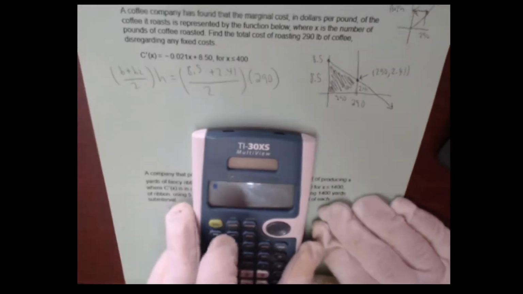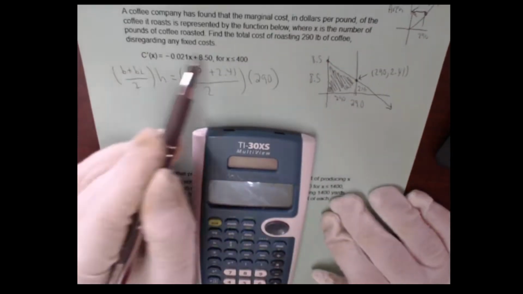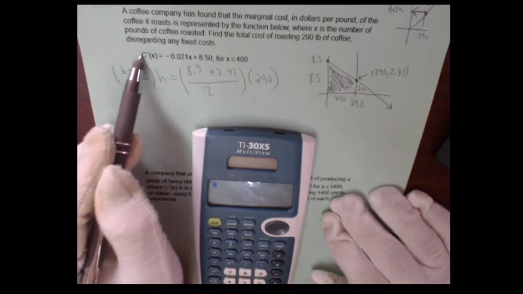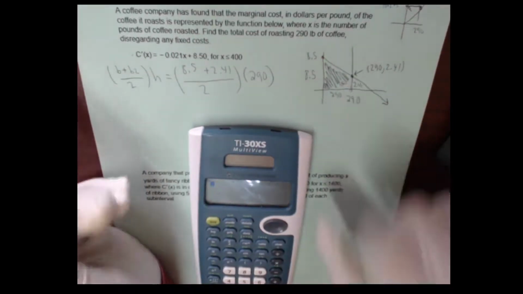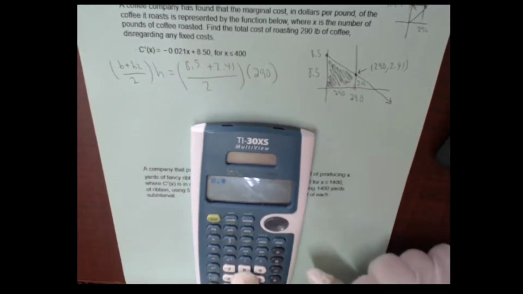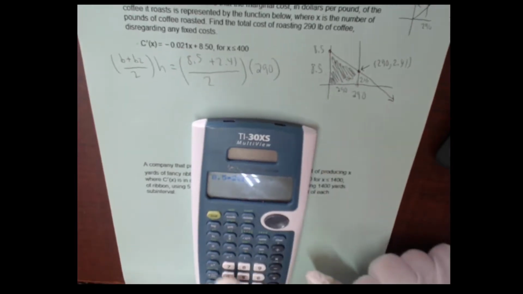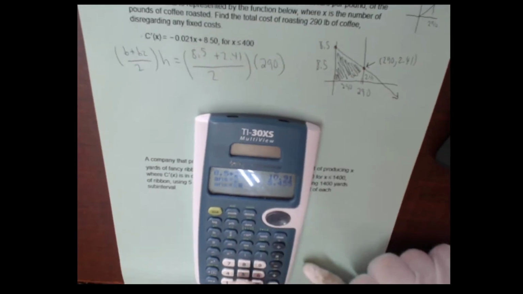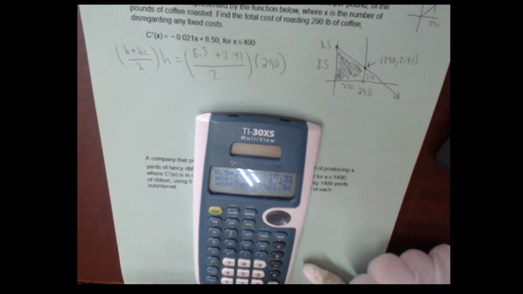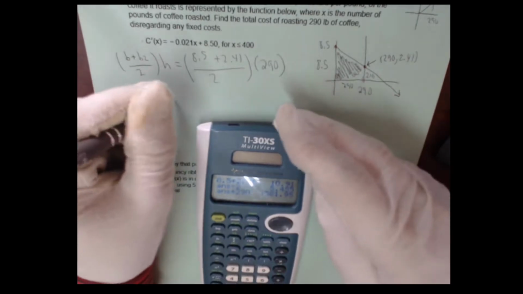That's what we can do to find the area, and that will tell us the total cost of producing 290 pounds of coffee. It tells us the total cost because we're using the marginal cost formula. So the area of a marginal formula tells us about the total cost. So if I do 8.5 plus 2.41 divided by 2 times 290, we get our answer, which is